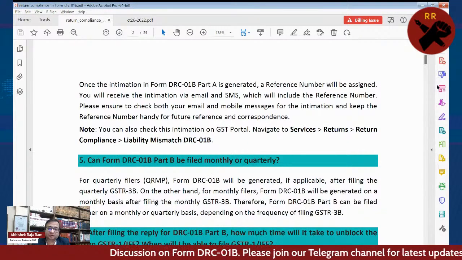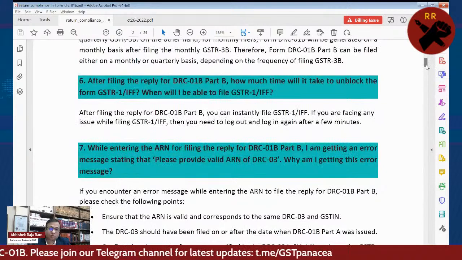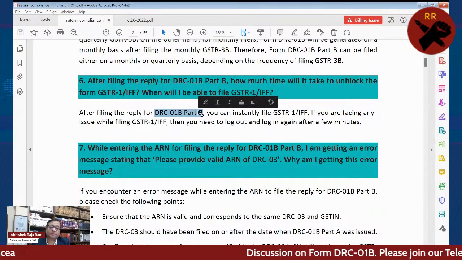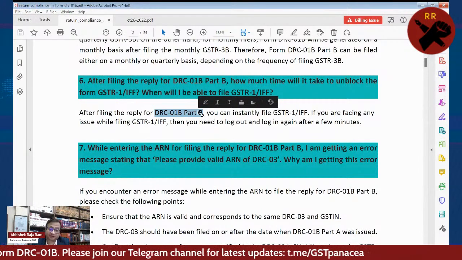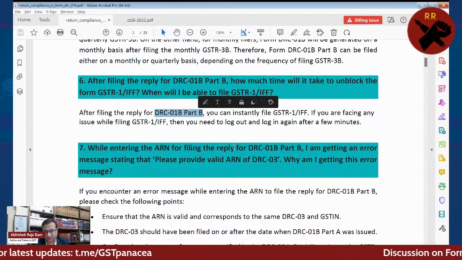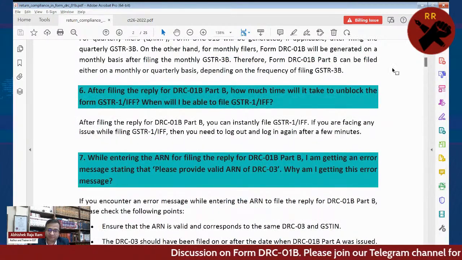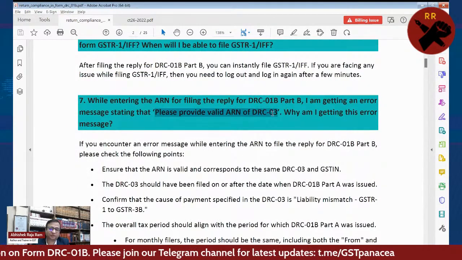If you are filing returns, GSTR-3B monthly, otherwise quarterly one. So once you file this DRC-01 part B of DRC-01B, immediately, they say instantly, you will be able to file IFF or GSTR-1. इसमें लिखा है कि अगर आप नहीं फाइल कर पा रहे, then log out and log in after few minutes. Then it would be giving you benefit. Now there could be an error while filing DRC-01B part B जो आपको भरना है. Now, if they are saying please provide valid ARN of DRC-01B,